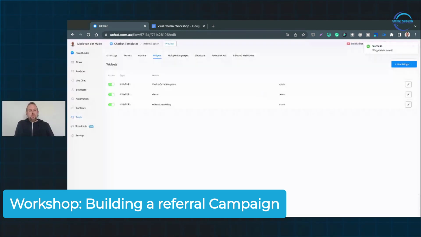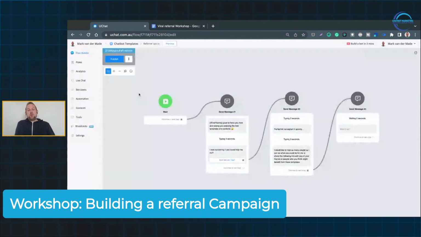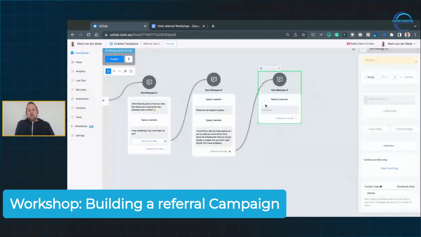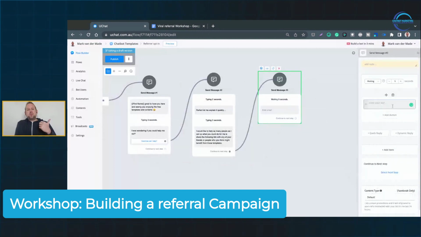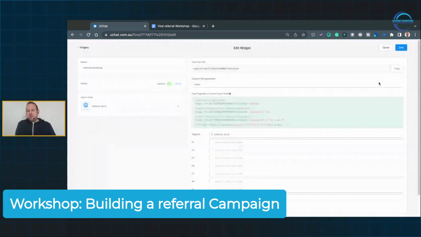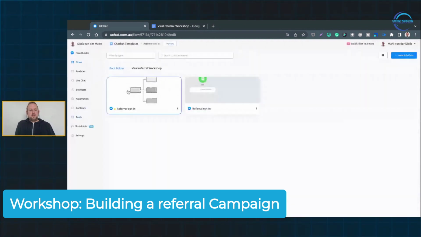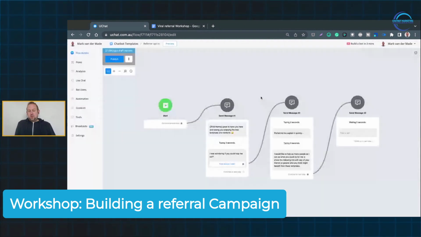There we go. Now inside the referrer opt-in, so the invitation basically, we can now do something specific with this ref URL. And actually I need to copy this ref URL as well. Let's copy this, otherwise I cannot use it. So the referrer opt-in